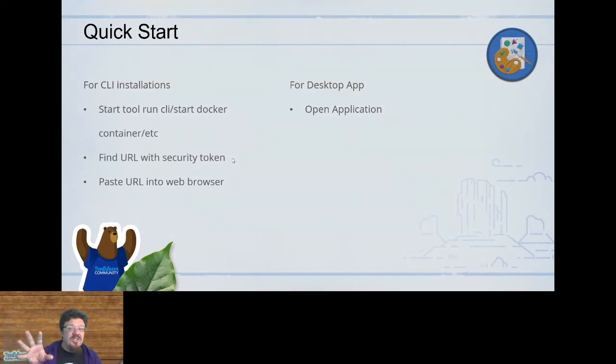There are other things you can do. You can set up usernames and passwords and permission management and a whole bunch of other stuff. It's more complexity than we need for what we're doing. If you grow into that, great. But don't worry about those details, logins and so on. To get started, just find that security token URL and paste it into your browser. If you're running a desktop app, like VS Code or the one I'm going to show you, you just open the application and do it the way you're used to doing it.